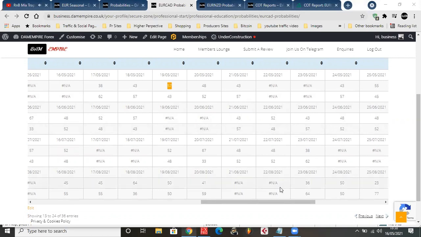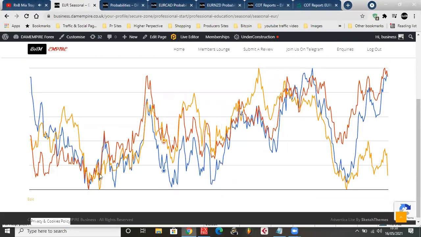Yeah, longs means buy, right? So that's what I'm saying. Do you want to buy EuroCAD? Because if you want to buy, that's risky. I only have one time that it shows me buy, which is on the 19th right here. I mean, the long I can see you can play out is the 18th all the way till the 21st.